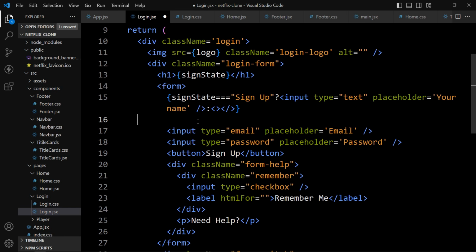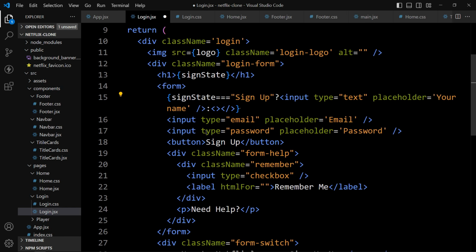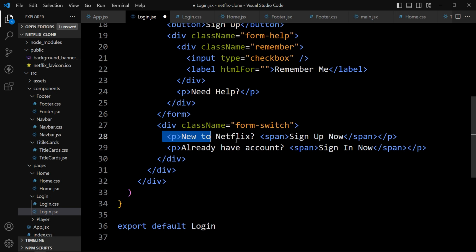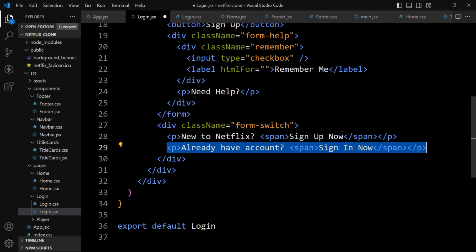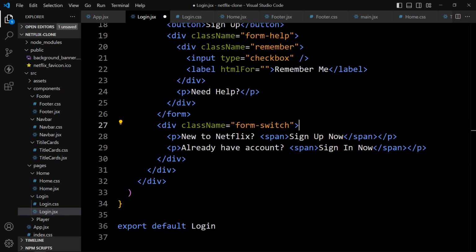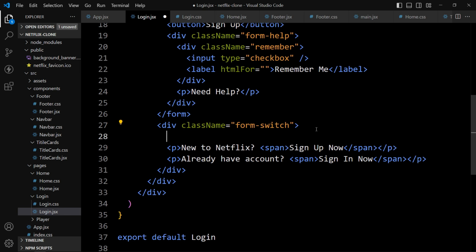That's it. After that, here we have to display the text, any one of these. So by default it should display this "new to Netflix". It will hide this one. So here let's add the ternary operator. Again we will use curly braces. We will add sign state equal to sign in.